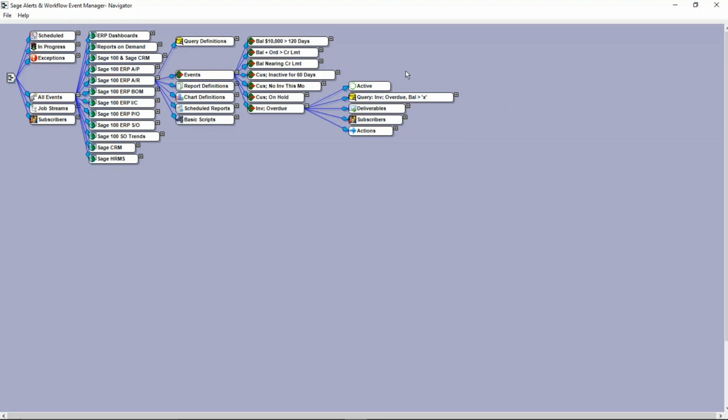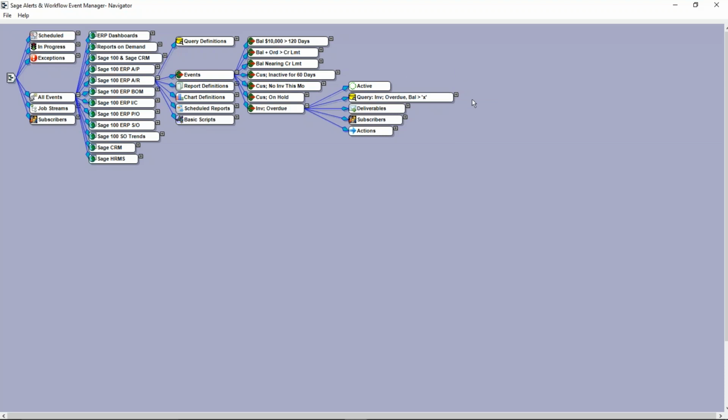Now, a couple of notes about this frequency of checking. Some events can be monitored very frequently, perhaps every hour, every 15 minutes, or even continuously. Those events that are less time sensitive, such as identifying a customer who has changed their buying habits, maybe monitoring once a week or once a month might be appropriate. Also, you have ultimate flexibility here. For example, I know that this particular event is not running on Saturdays or Sundays. I'm not at the office on those weekends, and so therefore there's no reason to trigger alerts if no one's going to be around to receive them.